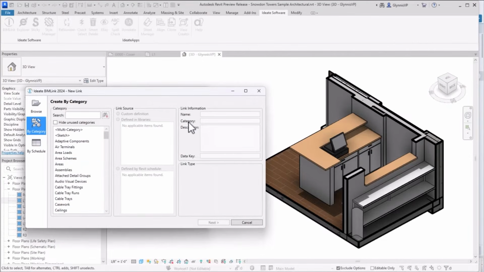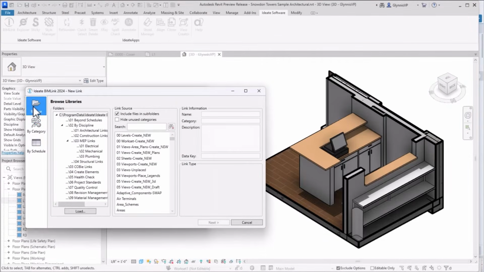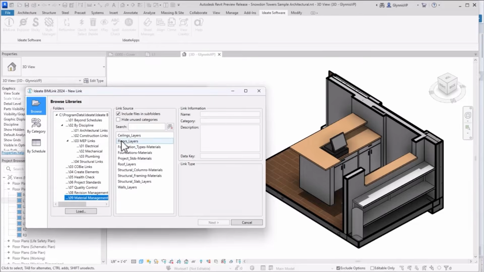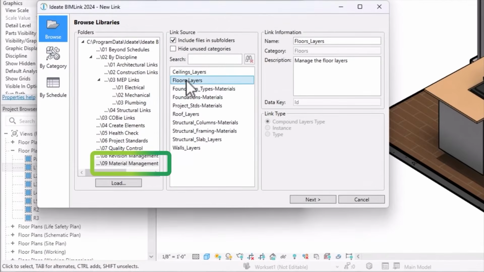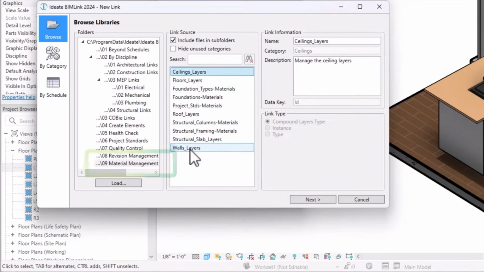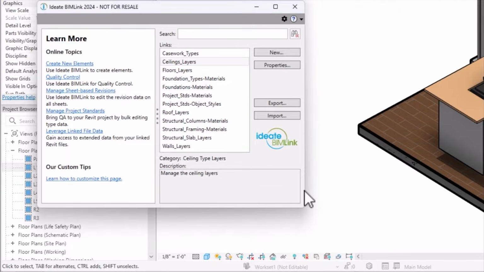All the BIMLink workflows that we'll be reviewing in this video correspond to the BIMLink definitions that can be found here in the 09 Materials folder. You can select one or more of these links to import into your active Revit project and then follow along